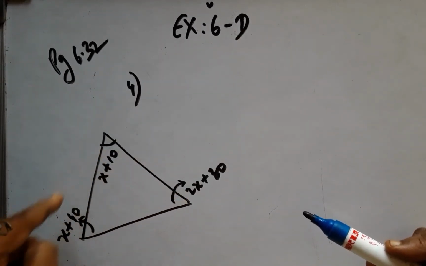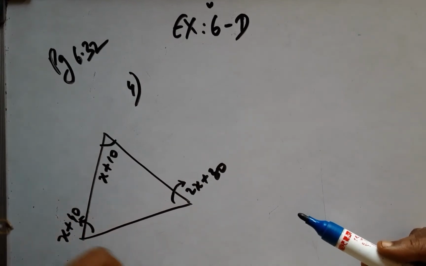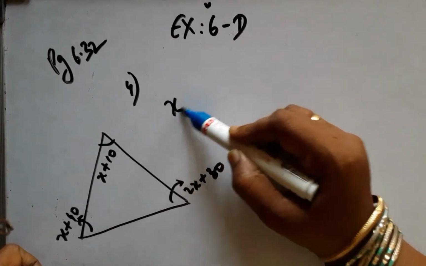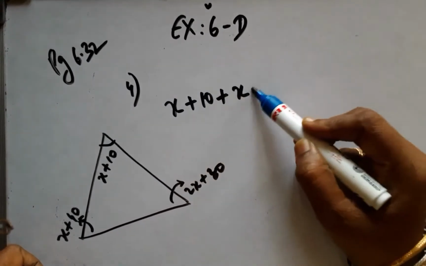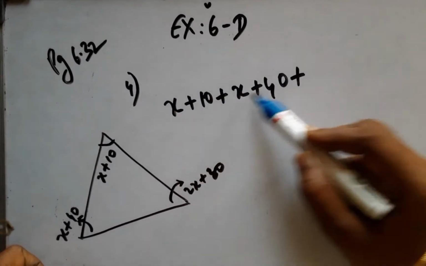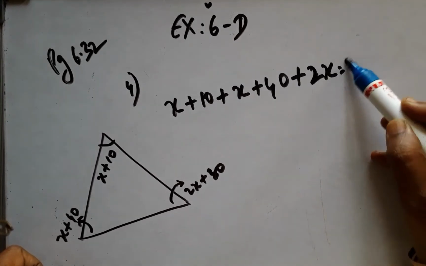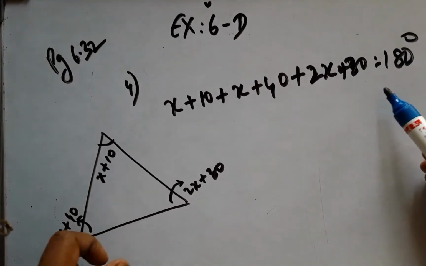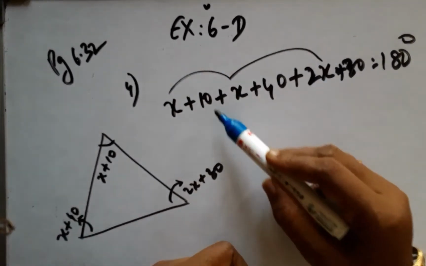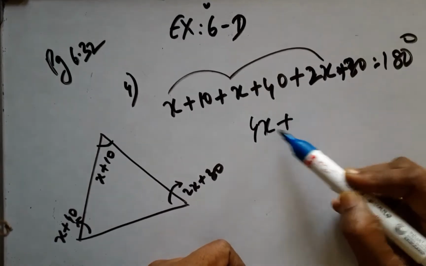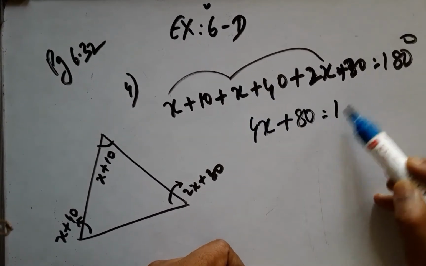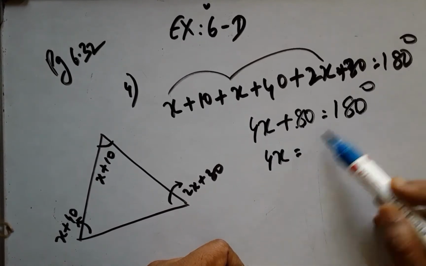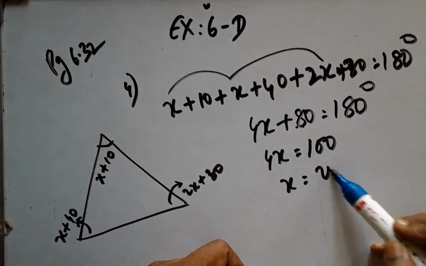The next sum says the angles are so and so, find x and give the name of the triangle once x is established. As we know, the equation goes like this. The angle sum property, I am adding all the angles to arrive at 180 degrees. The sum is 180. Therefore 2x and 4x, and this is 50 and 80, equals 180. If this goes here, it becomes negative, and therefore it is 100, and x is obviously 25.